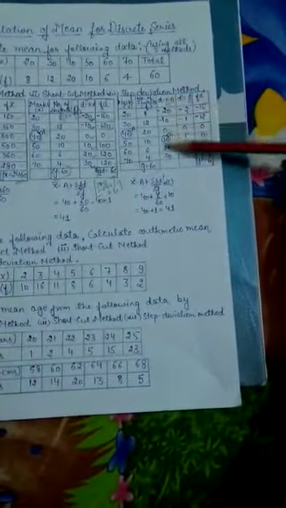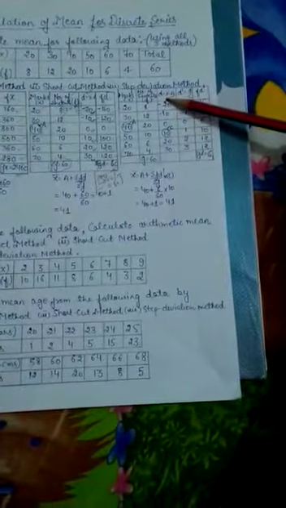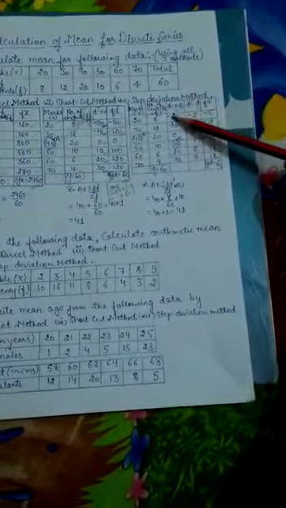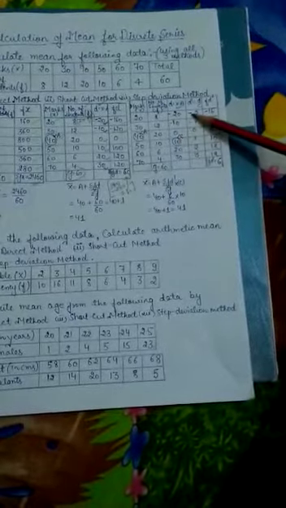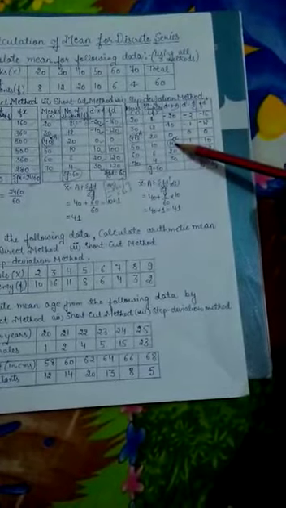Now for the step deviation method, from this D column, the deviated value column, you have to find one value which will divide all these values. I am taking 10 here, because 10 will divide 20, 10 will divide 10, 10 will divide 20, and 10 will divide 30 also. Now in this, one term is negative and 10 is positive, so the answer will be negative. Here also minus 10, and 10 is plus, so we will get minus. And here both values are positive, so we will get positive answers.